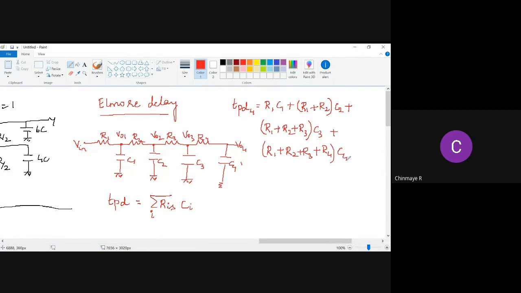So this will give the approximate delay when, and we use this when we have more RC branches,